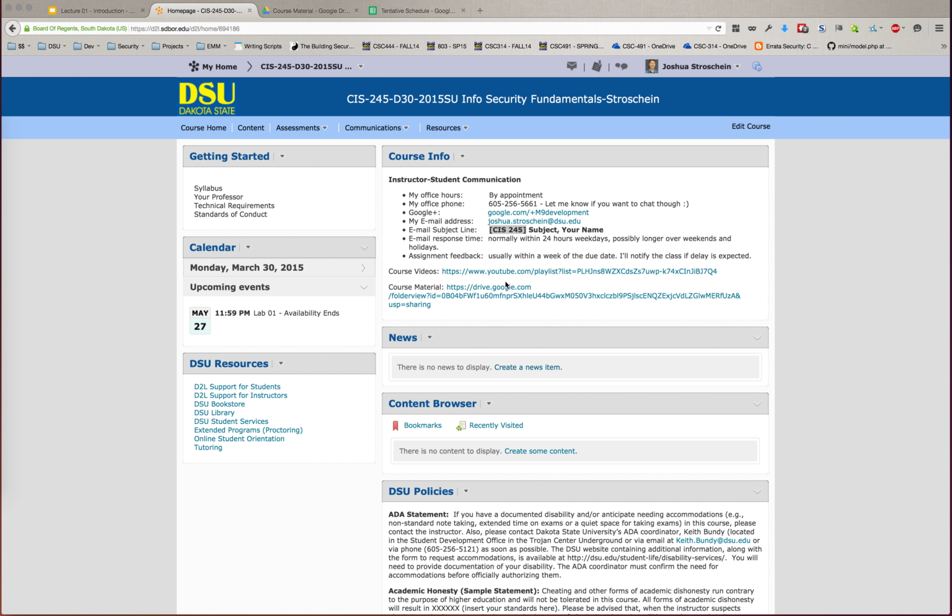Let's see. All the slides, all the labs, everything else will be there. News section. As I mentioned, I will post items here in the news section, and then I will try to follow up any news postings with an email directly to you. So hopefully you see those in conjunction or in tandem. However, please check this section here frequently so that you can get any changes to the course, the material, when videos will be available, when labs will be due,